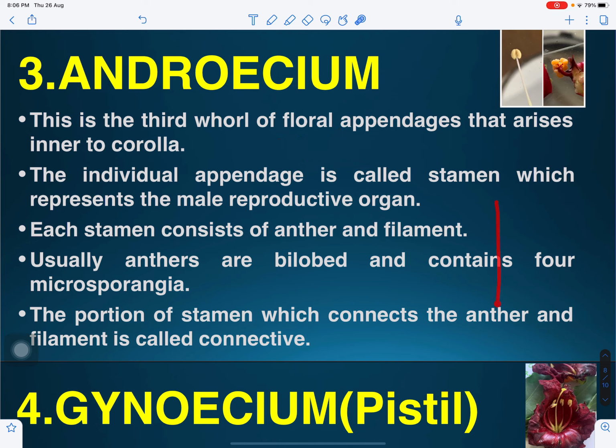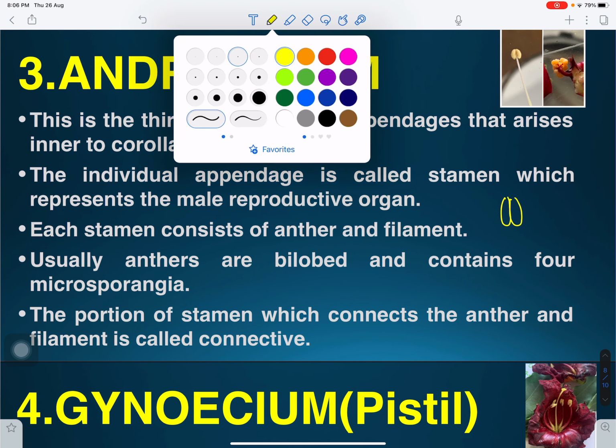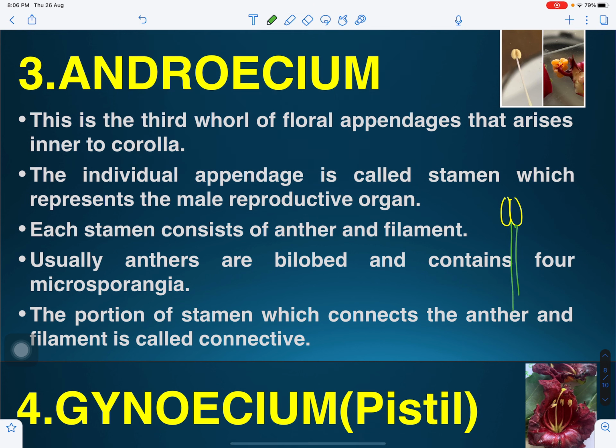Right. Now this is made up of filament, and on upper part are present, like this is anther, and this part is filament. This part is anther, filament, and this will dehisce open. This will shrink and dehisce open to liberate the pollen grains. So when pollen grains are liberated from the anther, this is called as dehiscence of the anther for liberation